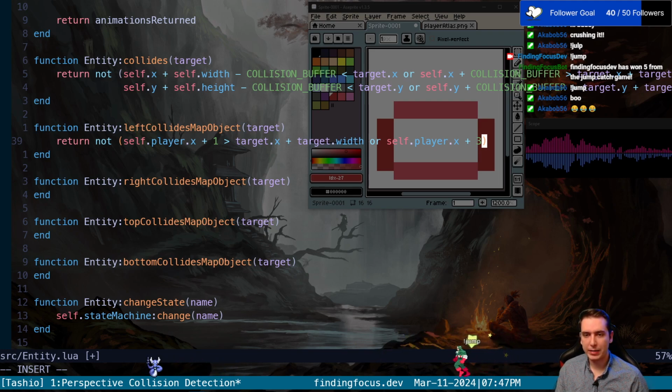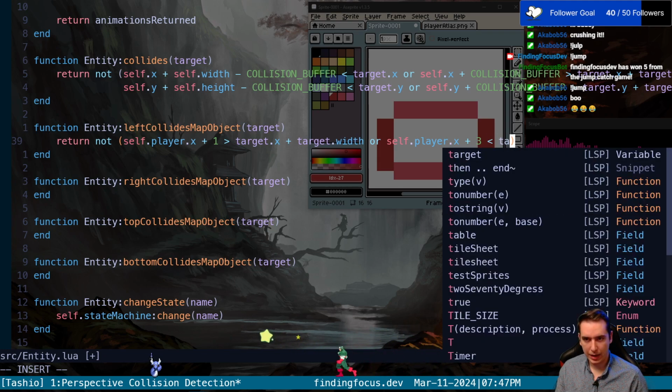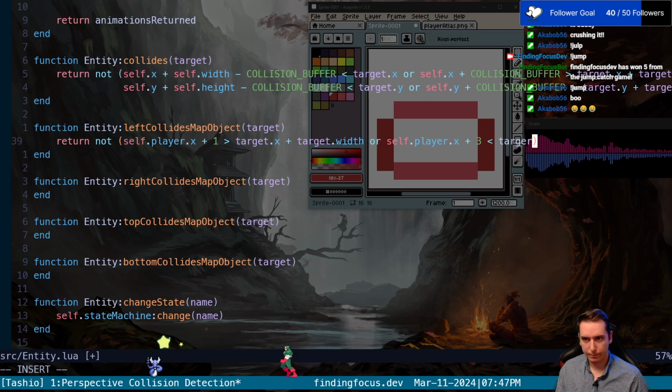We would see if the right side of it is smaller than the left side of our target. So target x,